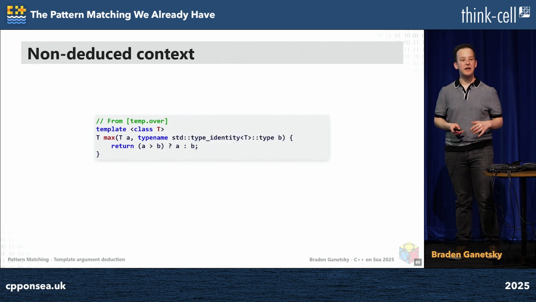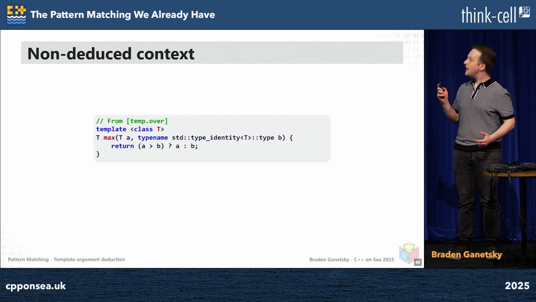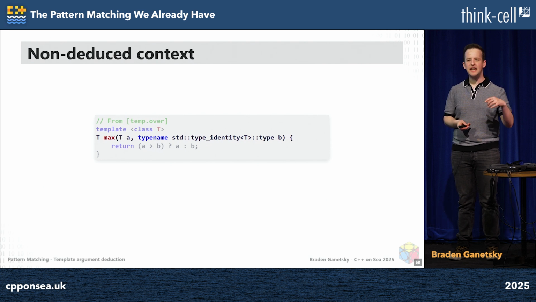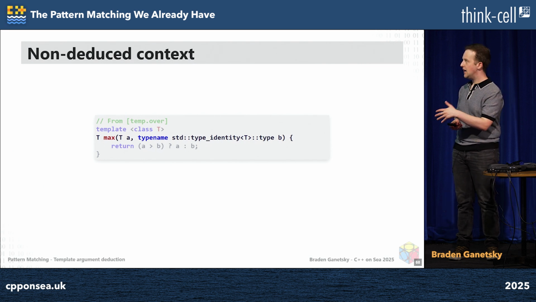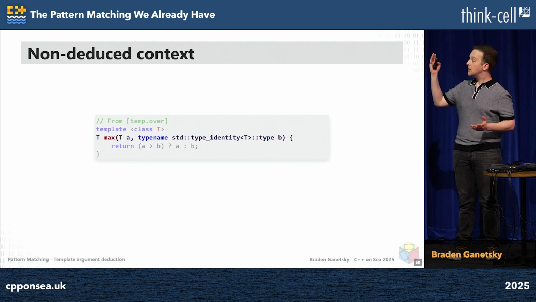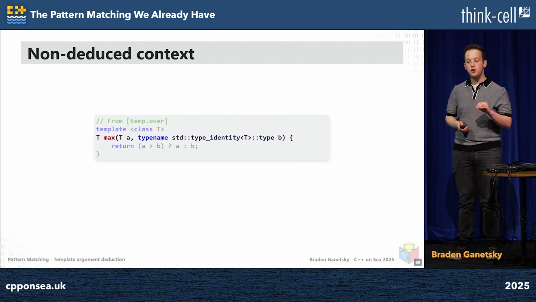The way that we have to do this is by using a non-deduced context. So now you see here, the second parameter, I didn't use T, I used this really long thing called typename std::type_identity<T>::type. Now, type_identity is something that you could have written in C++98. It is in the C++20 standard library. If you're not using C++20, it is a one-liner depending on how much stuff you like to cram onto a line. I write it in 4 lines.